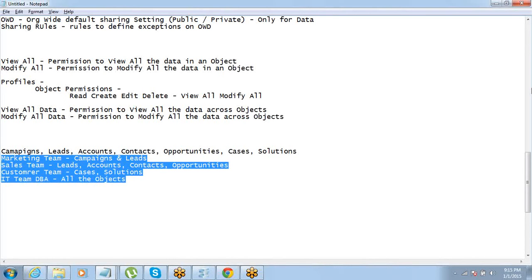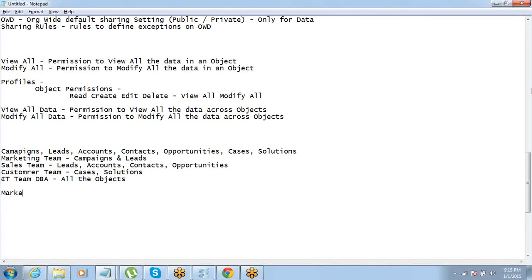Now let's further drill down into this. Okay, now marketing team, I think there is one area where you guys are getting confused, which is in the marketing team. Let's say there is a general guy, maybe an analyst, and then there is an assistant manager, and then there is a manager. Okay, but even if they are at different levels, they all need access to these things, no? Campaigns and leads. You cannot say that campaigns should only be visible to the manager, because the analyst also has to work on campaigns, so he should have access to campaigns, right?